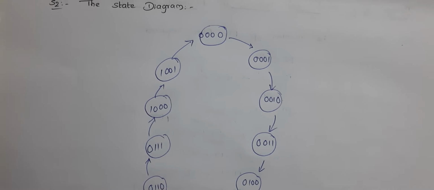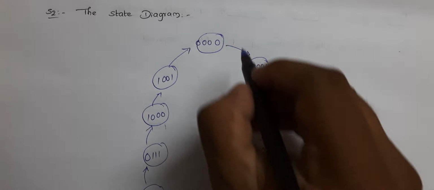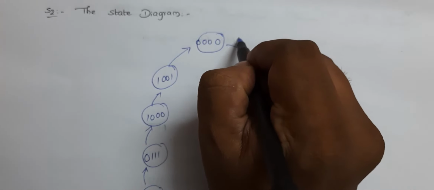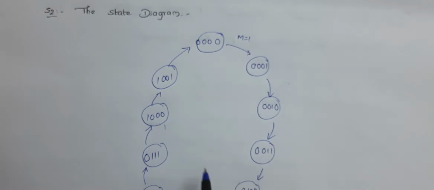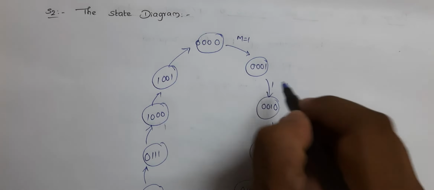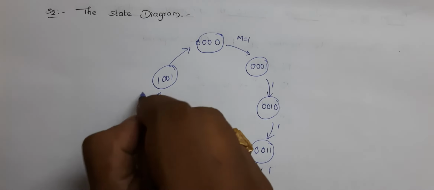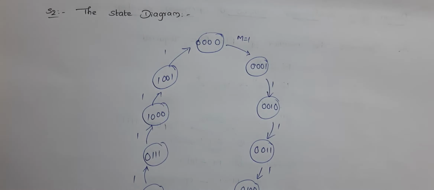This is the up counter. How can we identify this up counter? By using a control signal, by defining m is equal to 1. When m is equal to 1 and the sequence acts, the particular counter acts as an up counter. Okay, so this we should represent with 1. Why? Because we should know which type of counter this is. So that's why we consider it as 1. When m is equal to 0, this counter will act as a down counter.